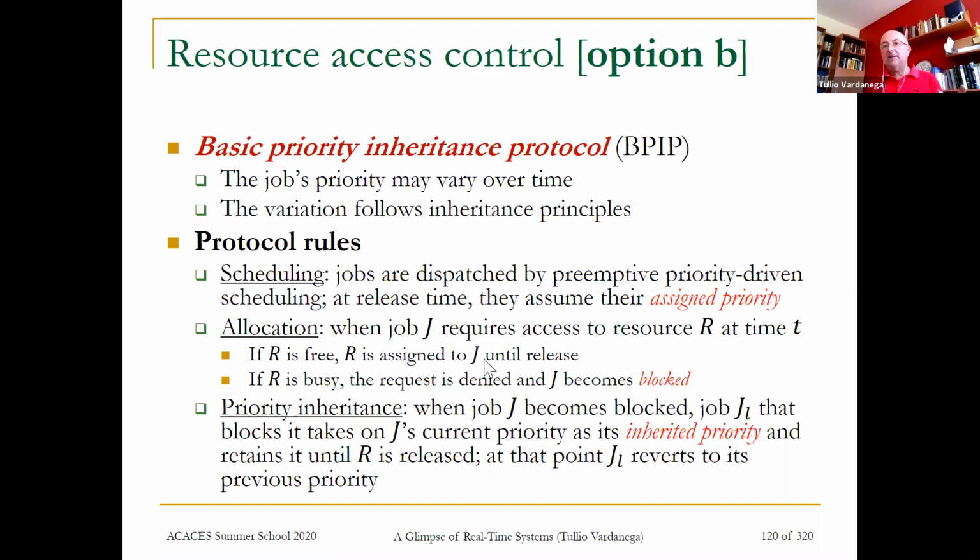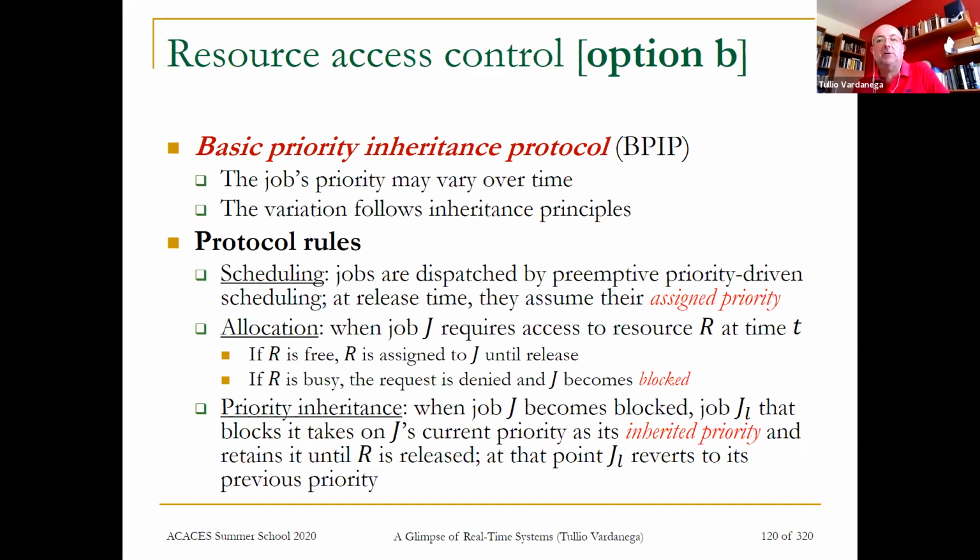In a real-time system, it is not possible that you grab the resource and go away. You get the resource on a loan and you return it as soon as done. But what happens if the resource is busy when you want it? Now, let's ask ourselves, is it possible that I can be running and the resource I want is not free? Of course it is possible, if I am higher priority than the job that, before my preempting, had grabbed the resource. So therefore, it is entirely possible. So if that situation happens, I am running, I want the resource, and I cannot have it because it is busy,